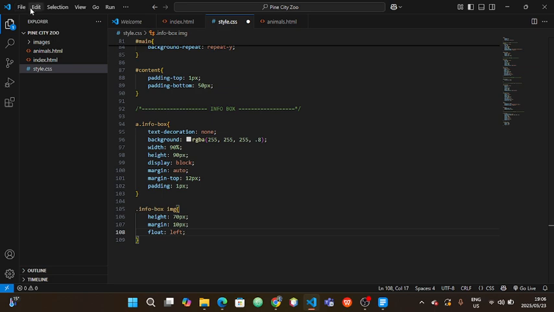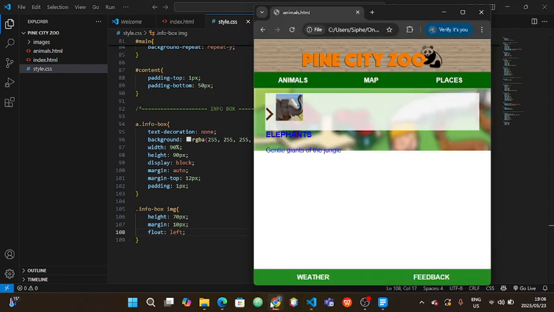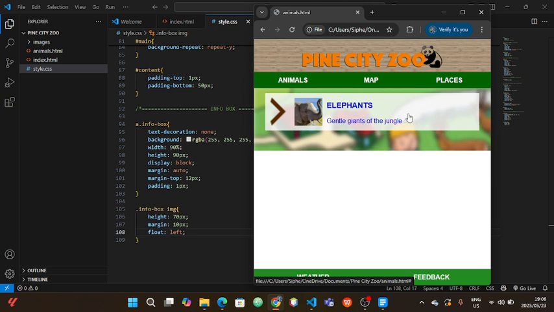Okay, now let's save it. To save is Control S. Refresh, and then we're gonna come back here. You can see things are already starting to take shape. Now this little arrow needs to go to the right side. Before we style that image,